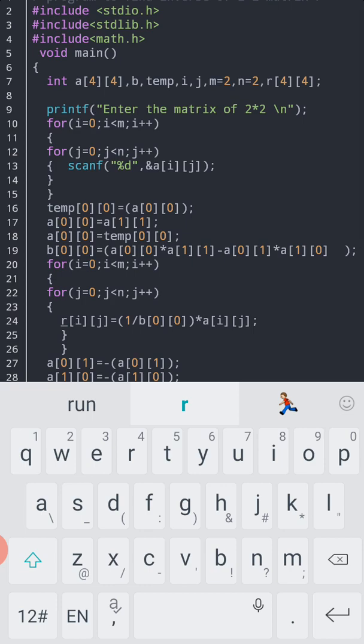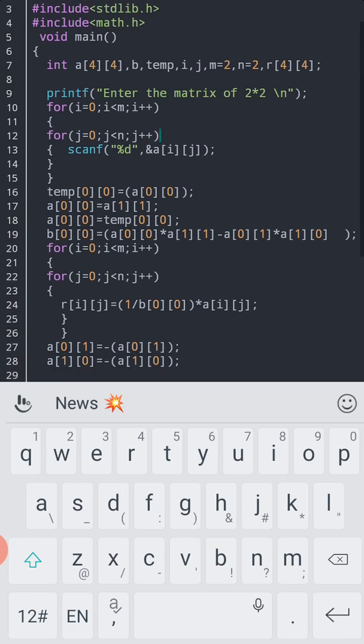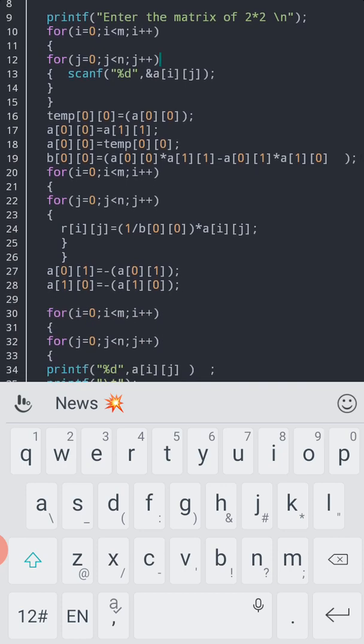Next I am using a nested for loop. Here I am incrementing the row and here I am incrementing the column. First I am using a scanf function and taking the matrix of 2 by 2.